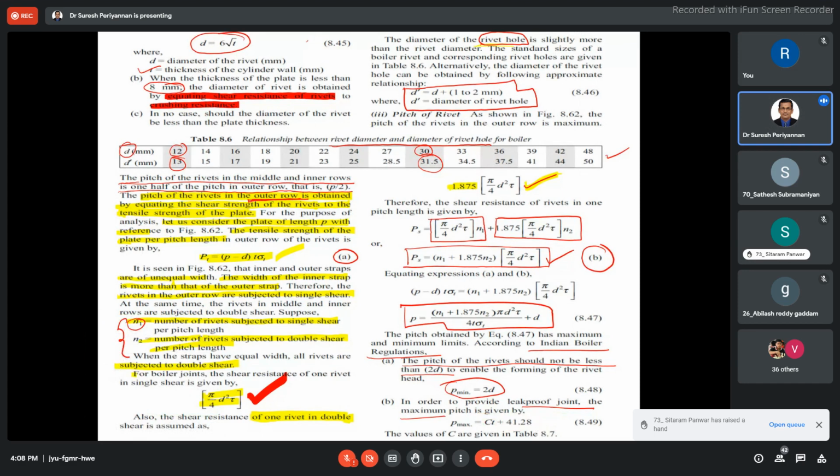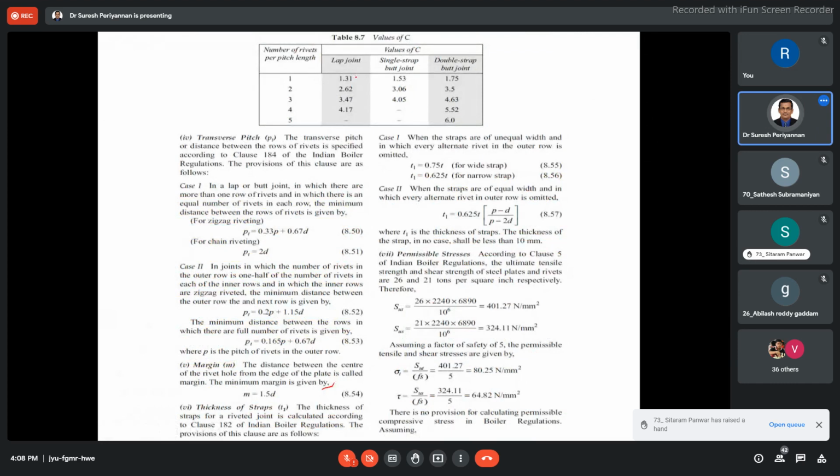What is C? The value of C is also given in a table. For a lap joint with one rivet per pitch length, C is 1.31. For a single strap butt joint, 1.53, and for a double strap butt joint, 1.75. Suppose the number of rivets per pitch length is four, or three, whatever we are using, for example three rivets, then the pitch of the rivets should be